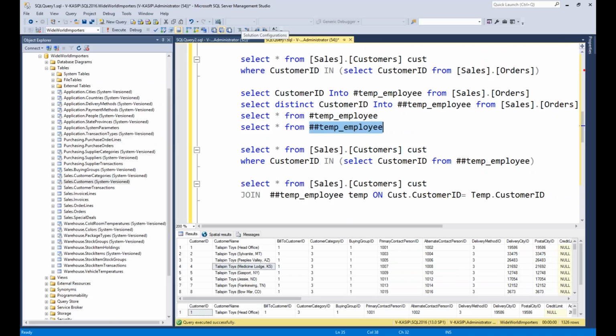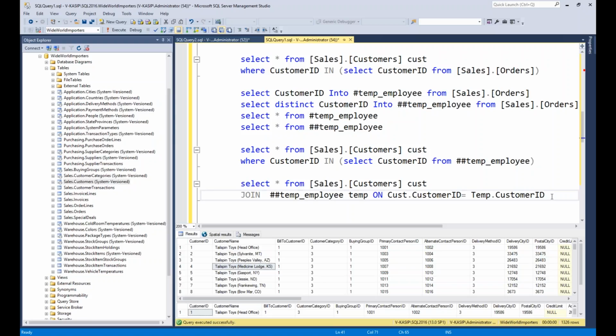If you are repeatedly using the same kind of information again and again in more than one query, in more than one place, then it's better to create a view or a physical table. Is that why there is a double hash? Double hash represents the global. To differentiate the local and the global, double hash. Okay, yeah. I was just seconding that we need to differentiate the two tables. Exactly. Thank you.